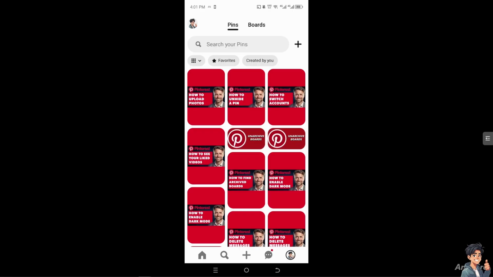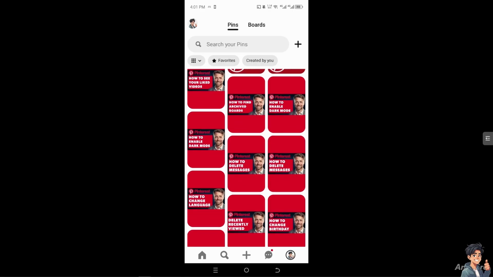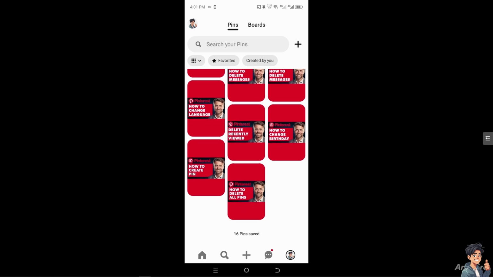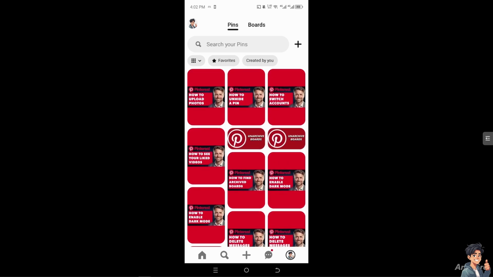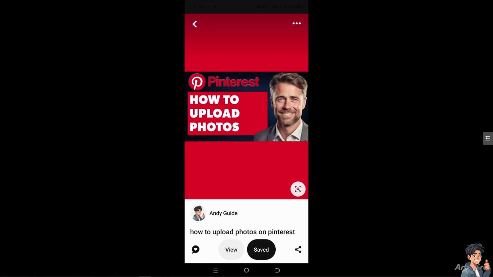Uploading photos to Pinterest is a straightforward process, whether you're doing it from a desktop or a mobile device, even on your tablet. Because, you see, if you want to upload photos on your Pinterest account, remember that uploading photos lets you create moods, boards, and collections that inspire others, whether it's for home design, fashion, or event planning. You can use Pinterest as a platform to brainstorm and gather visual ideas for creative projects such as writing,